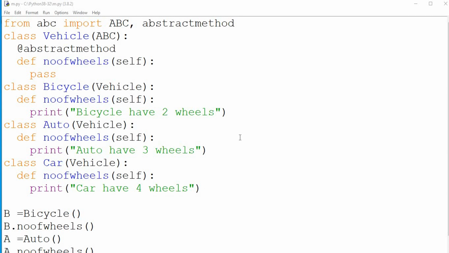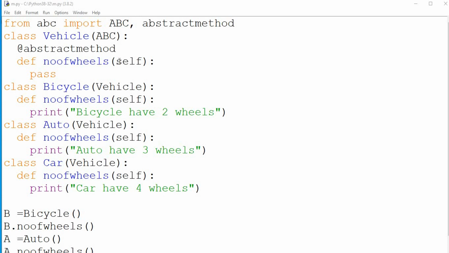Okay, this is a small example where we are going to see how to implement abstract base class in Python. So we have already seen that small abc is a module. From this we are going to import an abstract base class, that is ABC, and an abstract method that I am going to use. Then next I am going to use a class which is known as Vehicle. This Vehicle is derived from ABC. And this class is going to have an abstract method. So we say this class is also an abstract class. What is the abstract method of this Vehicle class is number of wheels.